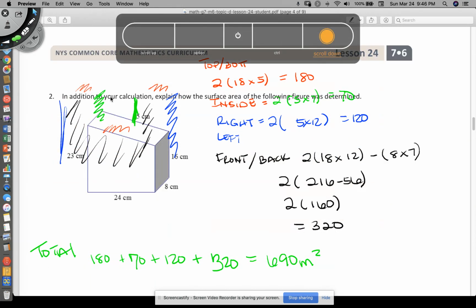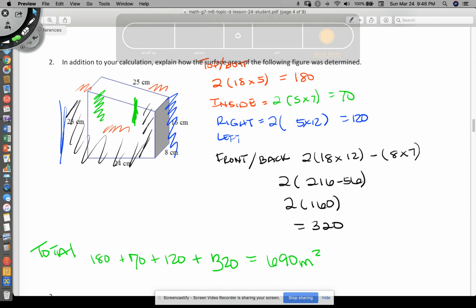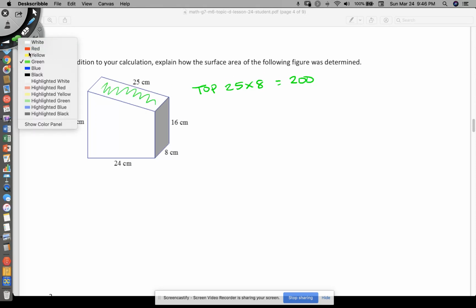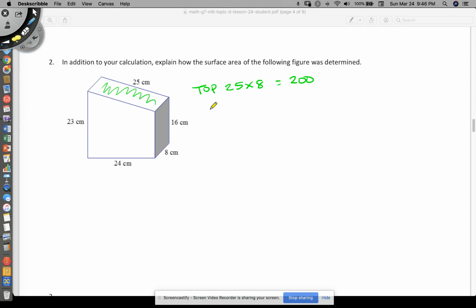Number 2. Number 2, here we go. We have the top, which is a 25 by 8. And that gives me 200. So that whole piece there. Then I have the bottom,